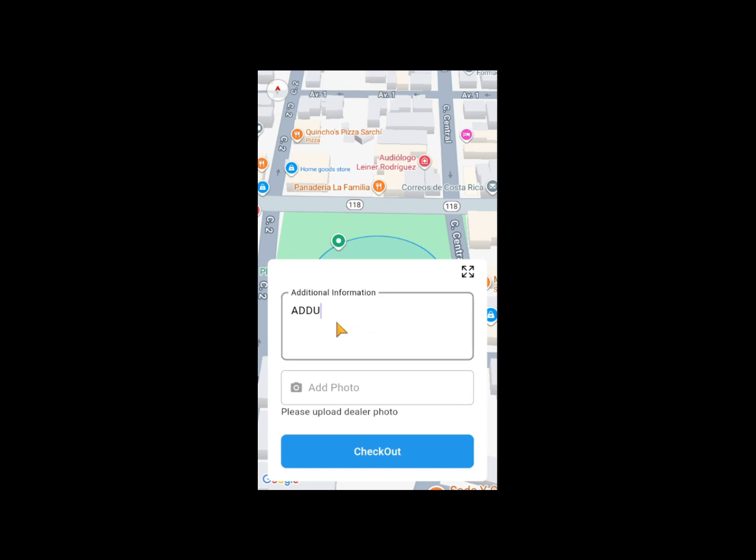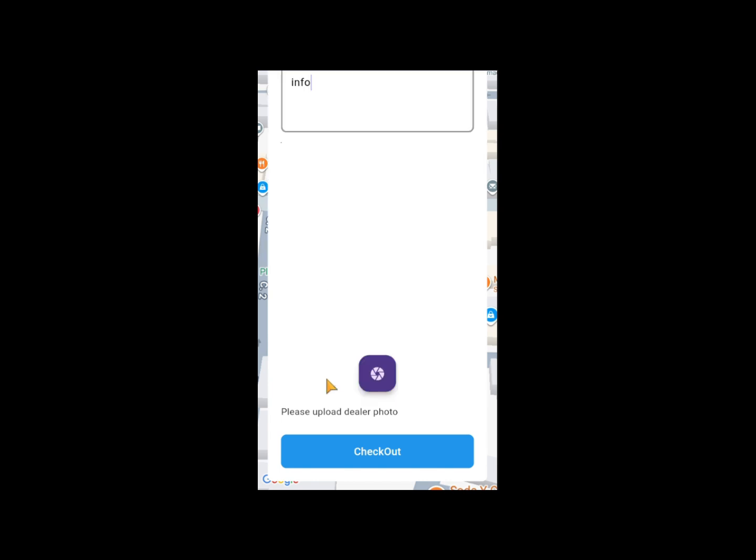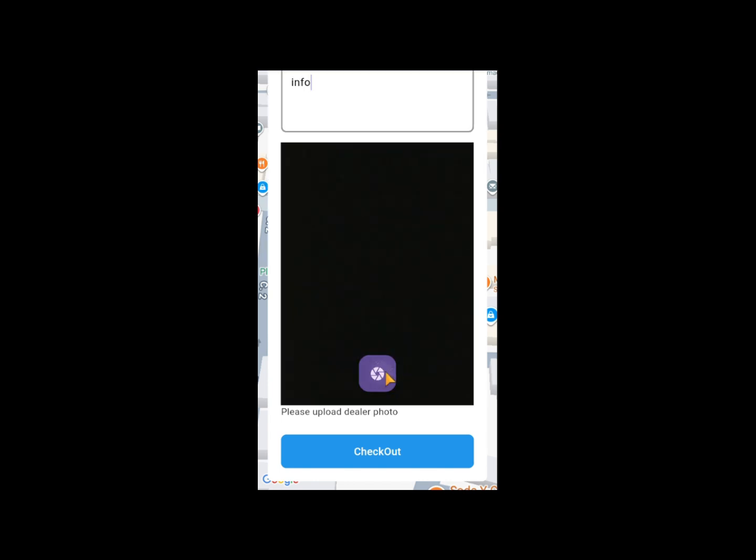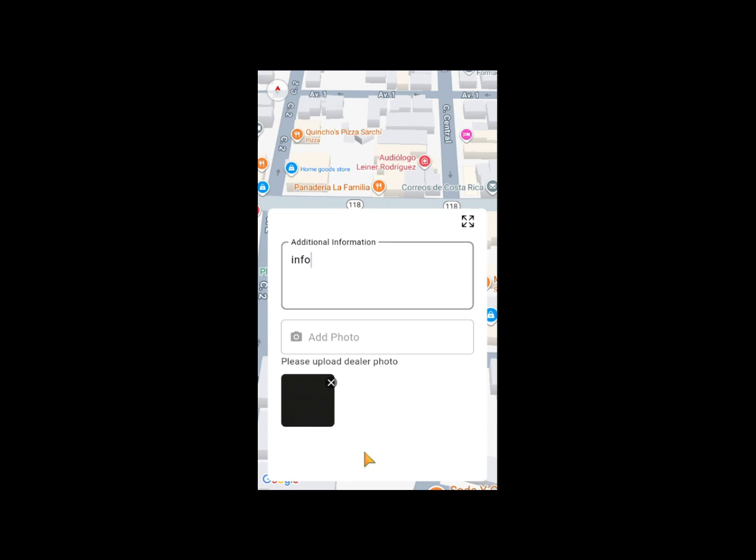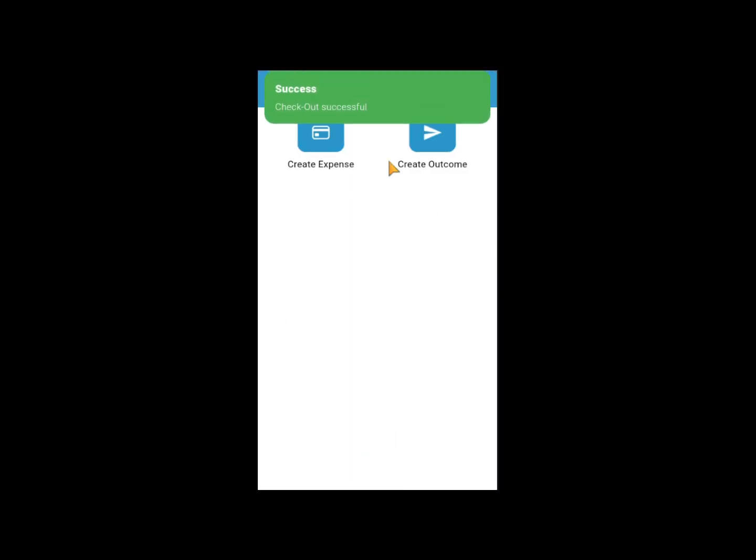Again this is showing at your checkout. Every scenario will be the same, already explained. Live photo with your dealers, checkout. You can see I already explained this.